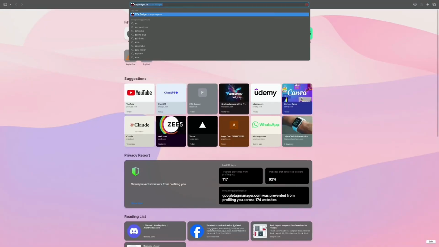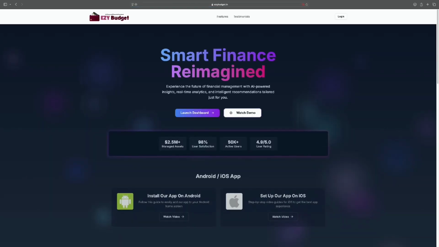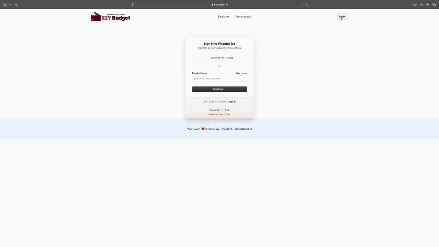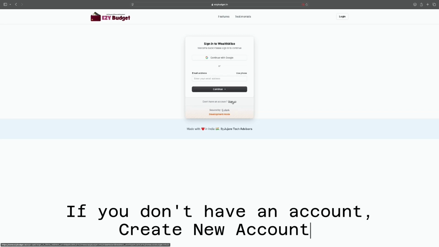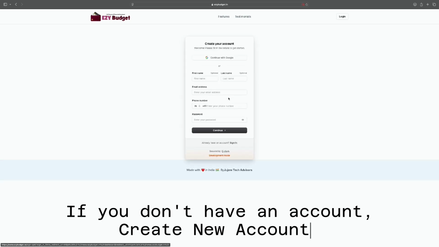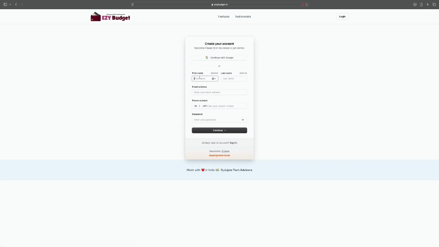First, we'll go to EzyBudget.in. We will click on login. If we have an account, we can directly log in, or else we will create a new account by clicking on sign up. First, we'll give our first name, we'll give our last name, we will give our email address,